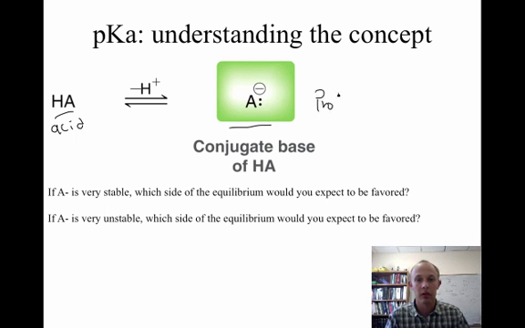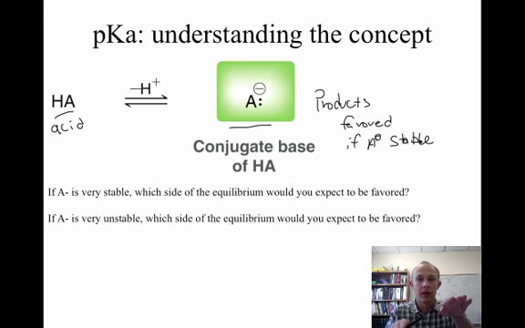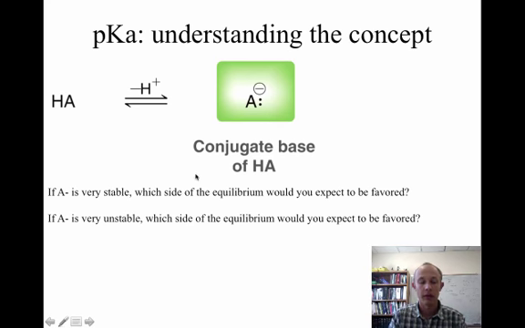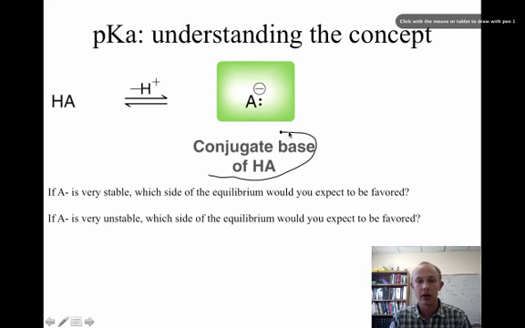products will be favored if A minus is stable. If A minus is unstable, then that means that the reactants will be favored. So reactants favored if A minus is unstable. So what we're going to do for everything from this point forward, we're going to look at stability of